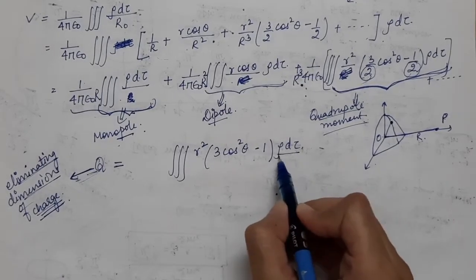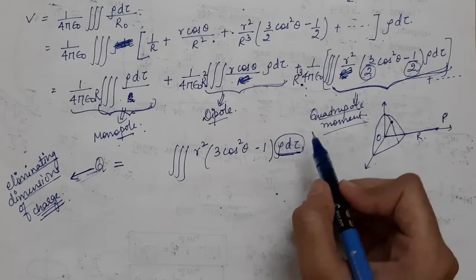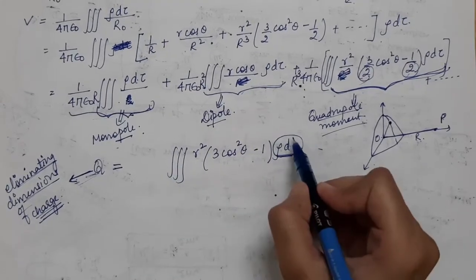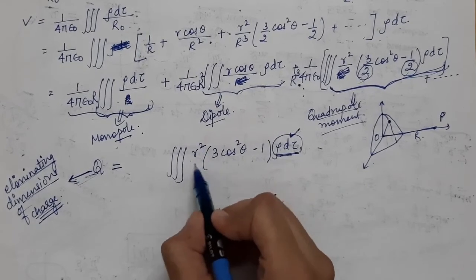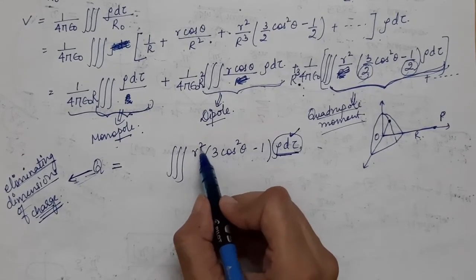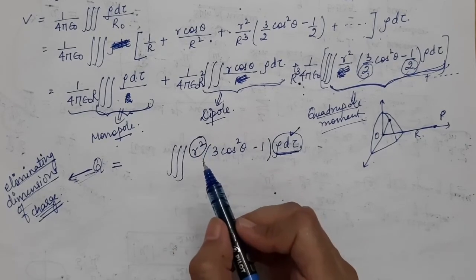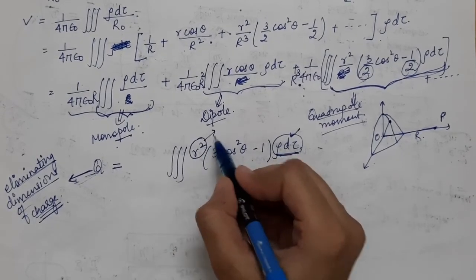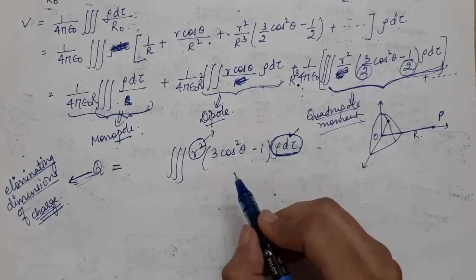Now we have over here the charge, which is rho times d tau. This will give us the charge, so in this quantity there will be the units of charge, and we will have units of r. Since r is the distance, we have distance square. So this r square term will give us the units of area, and this will give us the units of charge.